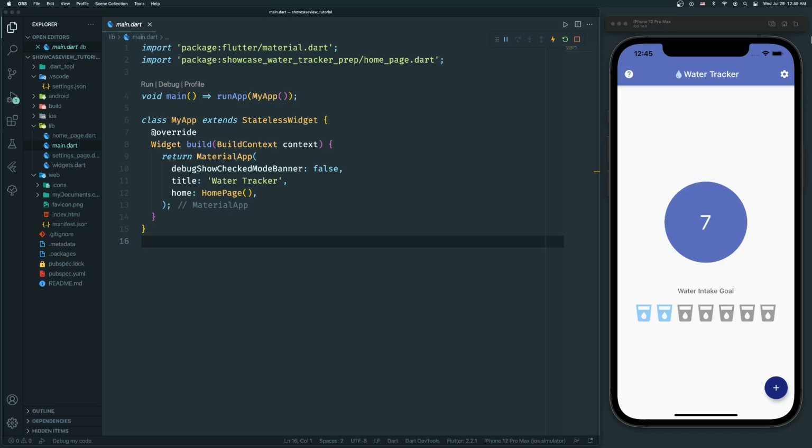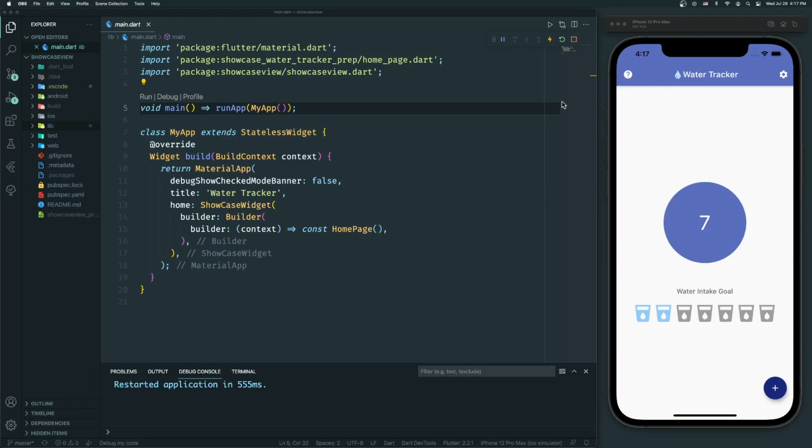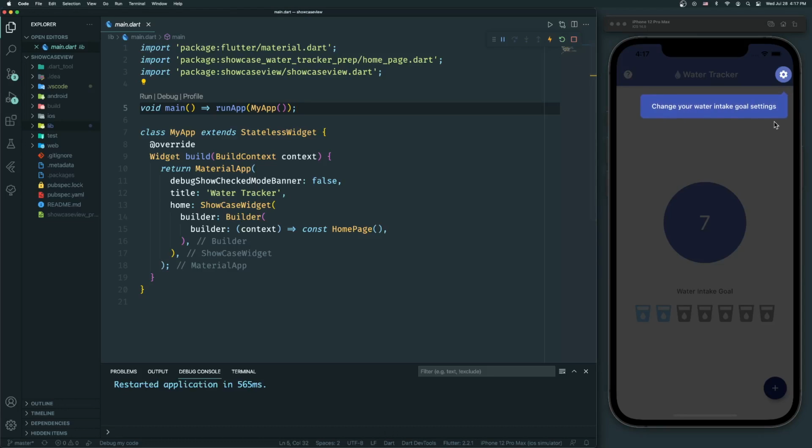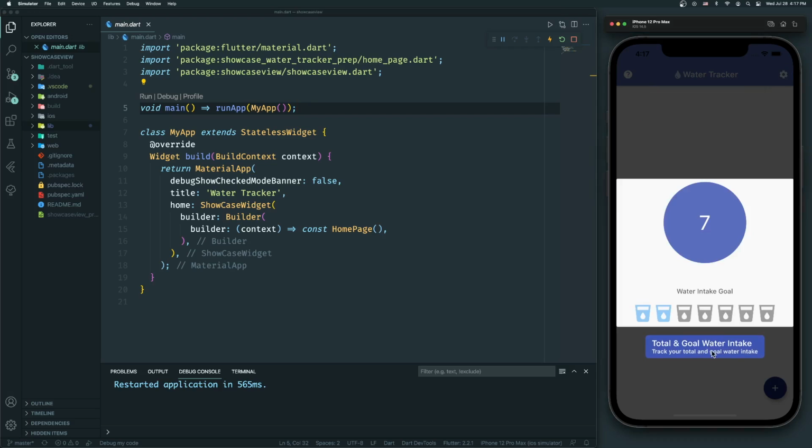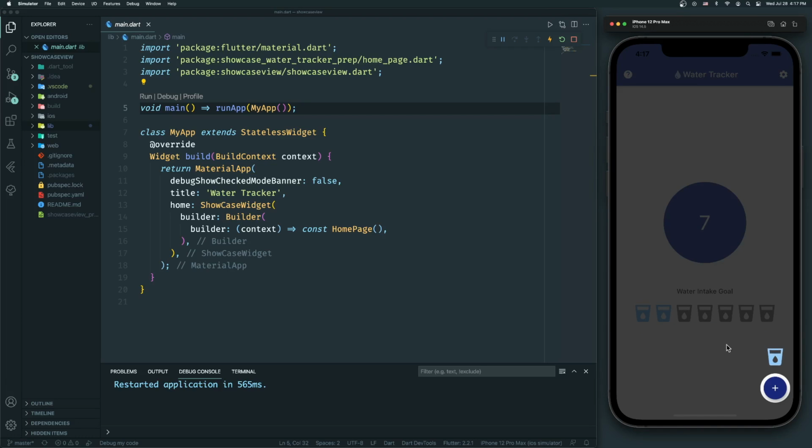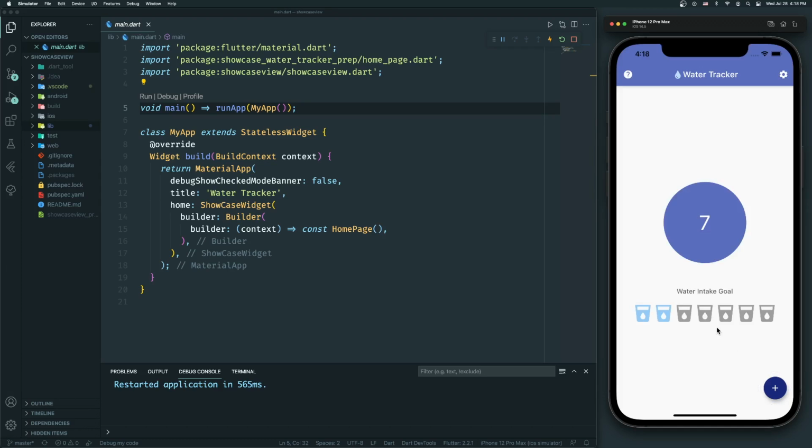Let's get started! First, let's take a look at the app we're going to build. When we restart our app, our showcase will start. The showcase will highlight predefined widgets in our app and display either a tooltip with a description, a tooltip with a title and a description, or a completely custom widget next to them. When we tap on the screen, we're taken from one widget to the next until there are no more widgets